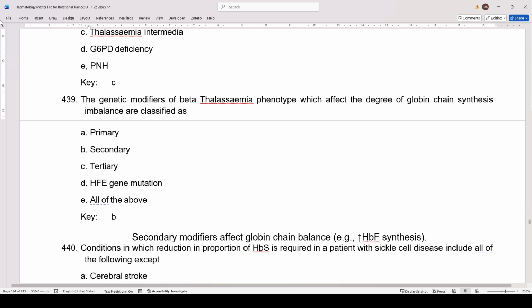In this case, when they are asking that beta thalassemia phenotype effects when degree of globin chain synthesis imbalance are classified as, so it comes in secondary modifiers, because in case of secondary modifiers, HbF, there are certain mutations in which HbF is increased, and when HbF is increased, the severity of thalassemia will decrease. Okay, so